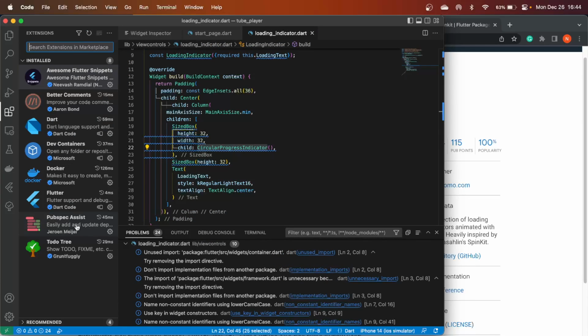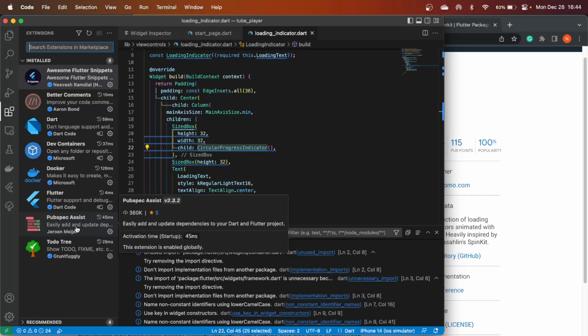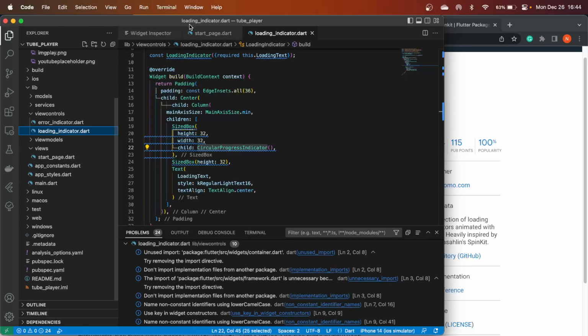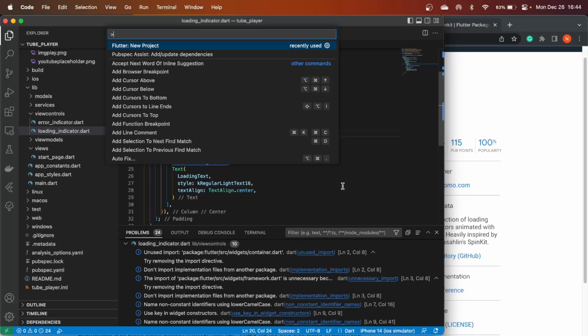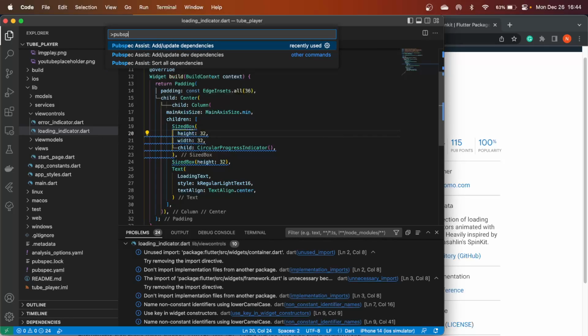that I added a new extension called PubSpec Assist. The advantage with PubSpec Assist is I don't need to do all of this manually. I can do a Command Shift P to bring in the VS Code palette, and I can say PubSpec, and then it can say add update dependencies. So I can type and search for something. So I can say SpinKit,